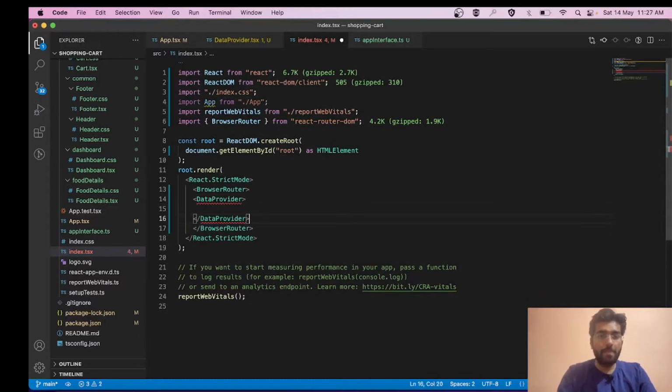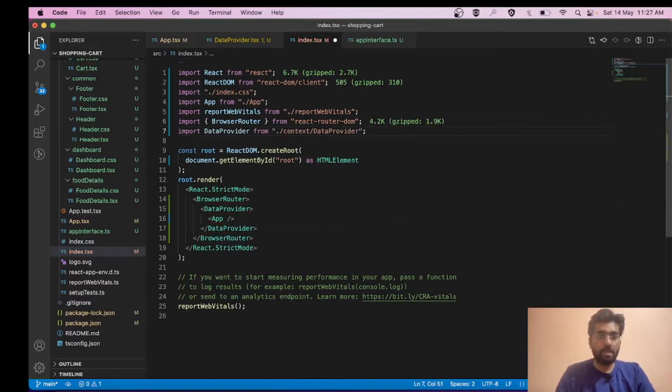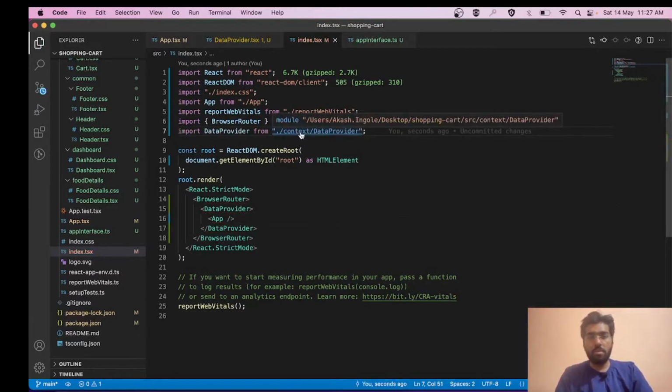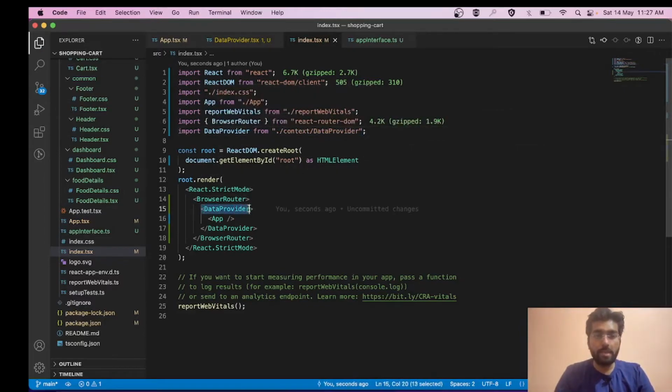We simply need to wrap the app inside this data provider. The error is also gone because we had not imported it earlier. As you can see, we have successfully wrapped our app component inside this data provider. So now this app will have access to all the properties inside this data provider.